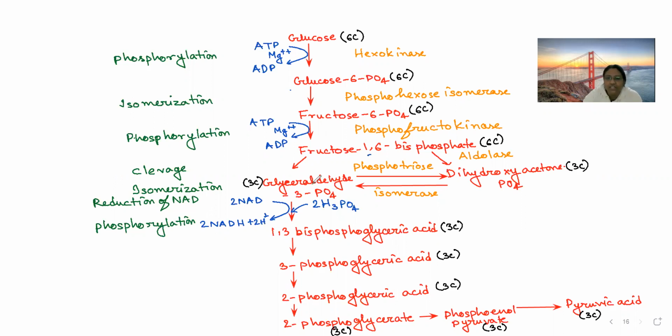Glyceraldehyde was having an aldehyde group. Aldehyde means it has CHO. Now it is converted into 1,3-bisphosphoglyceric acid. यानी ये ग्रुप में कन्वर्ट हो गया। इसके अलावा उसके पास फॉस्फेट भी ऐड हो गया है।